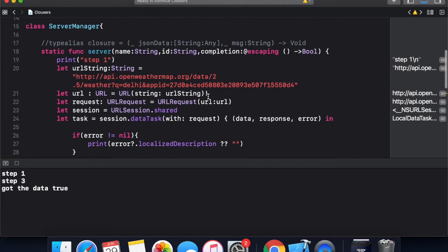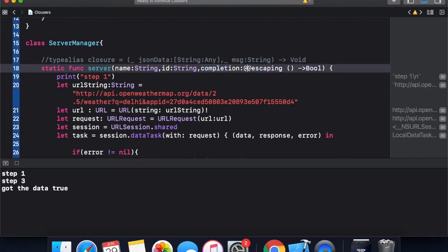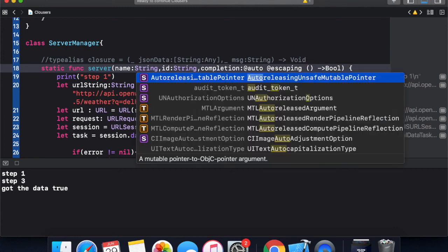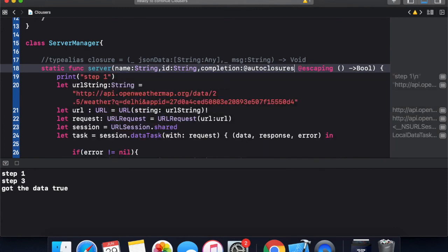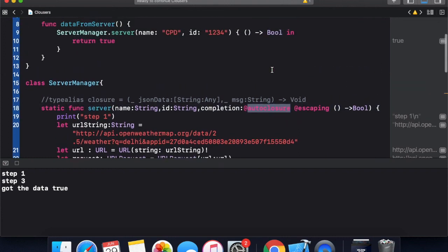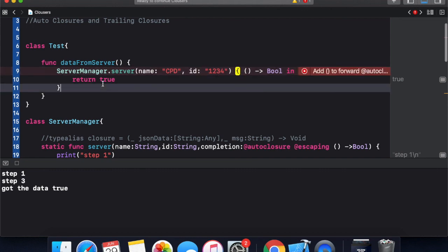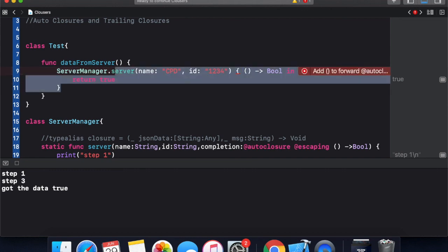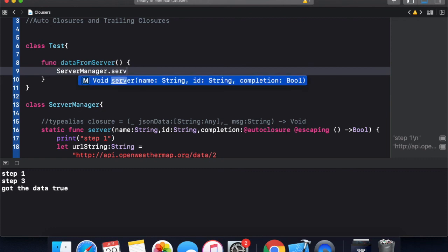Now let me make this parameter an auto closure. For that I need to put the autoclosure attribute over here. It will completely change the syntax of the function call. Let's rewrite it and see how it affects things.